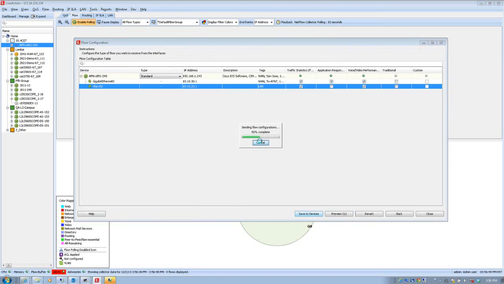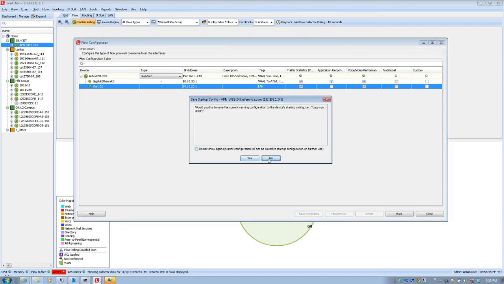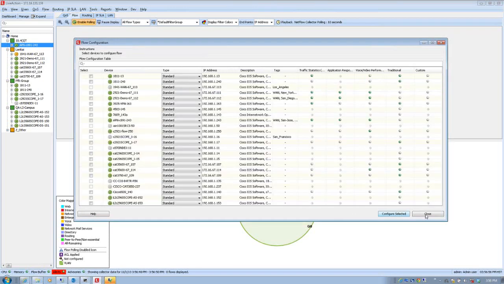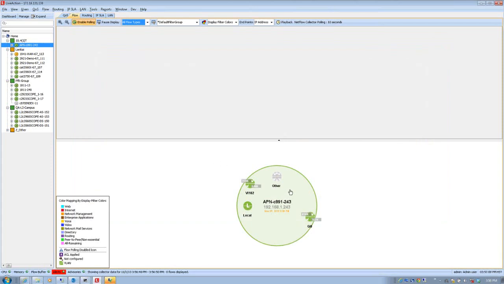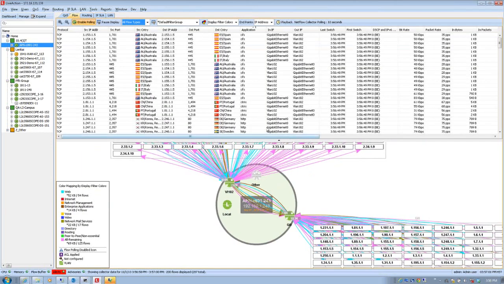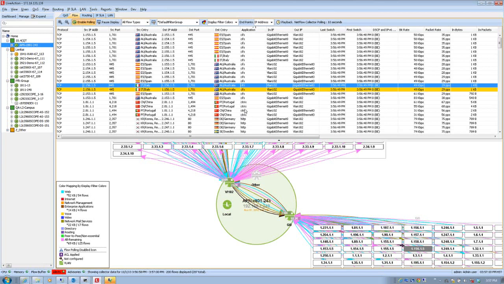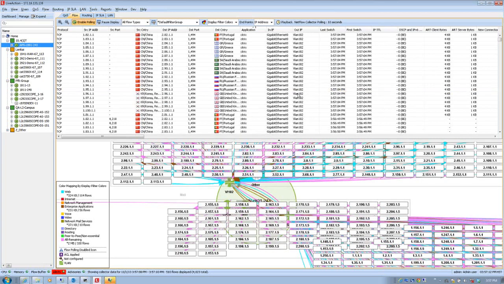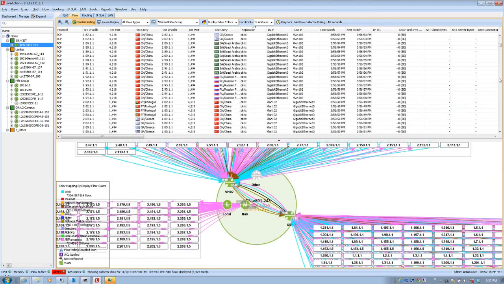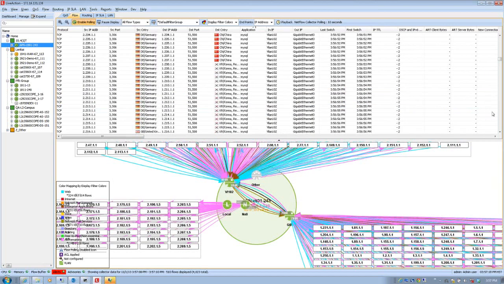Now we just need to sit back and wait for all that flow information to come into LiveAction. That was pushed down successfully. So let's go ahead and wait for a little bit. And we should be able to see flow come into this device, and there it is. So all that visibility is now provisioned by LiveAction to give you information about all the applications that are running within the network, like Citrix, HTTP, CIFS, there's some BitTorrent a little bit farther down, MySQL, WebEx, and many